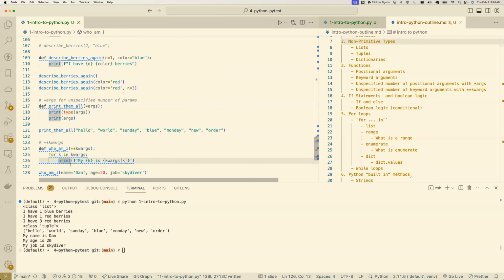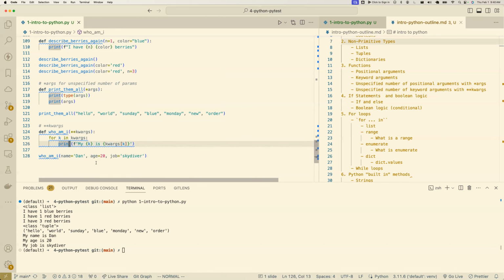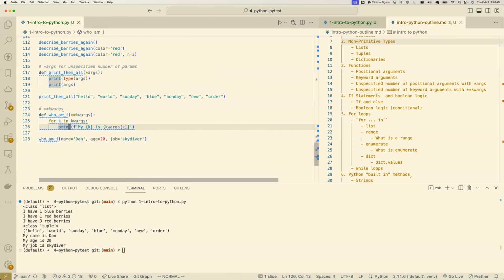I think the takeaway here is it's worth hovering over stuff in Python. For these, my extension just wants me to add a doc string comment to explain that method and how it works. So star kwargs lets you have unlimited keyword options. Again, use with caution, and in fact, just don't use it unless you need to, because, you know, what if I wanted to do